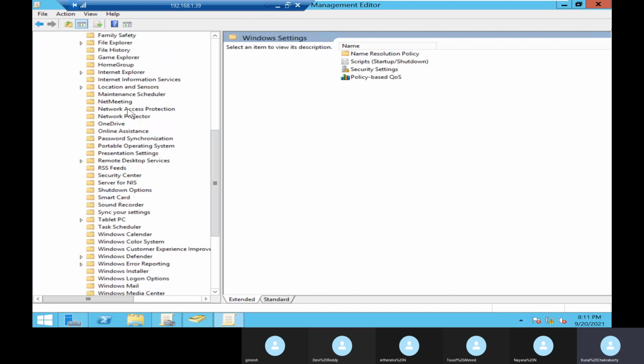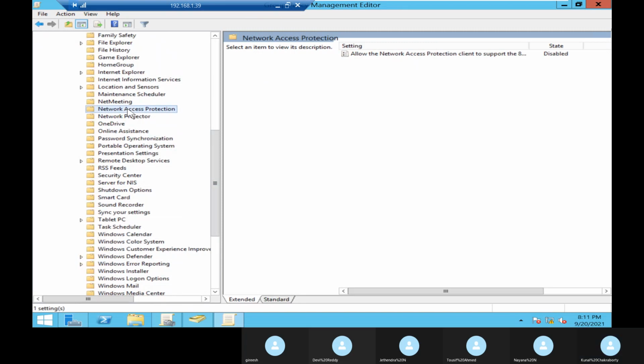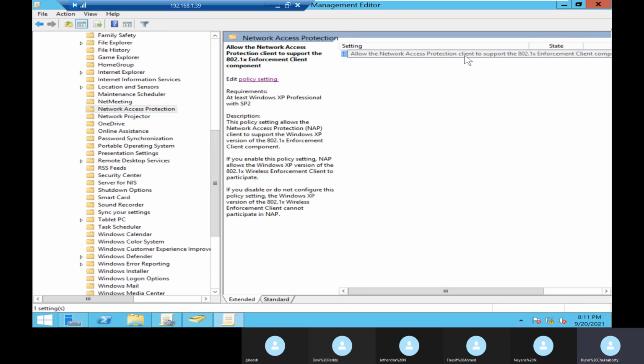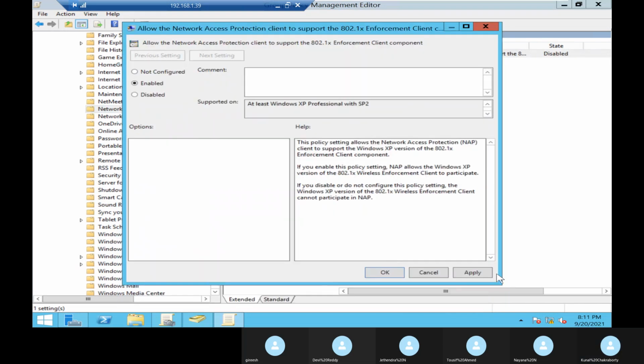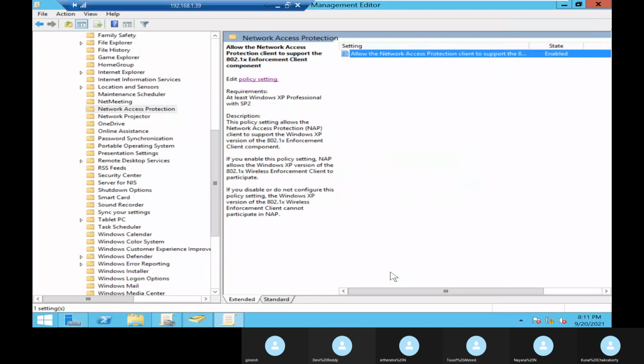Here you go, Network Access Protection I can see. Here I need to enable this: allow the network access protection client to support. It's currently disabled, so we need to enable it. Apply. So these 3 policies we need to assign.